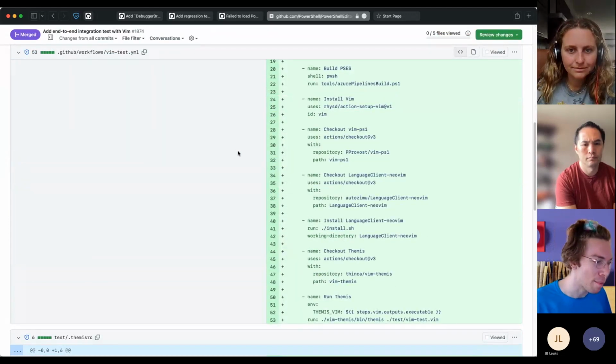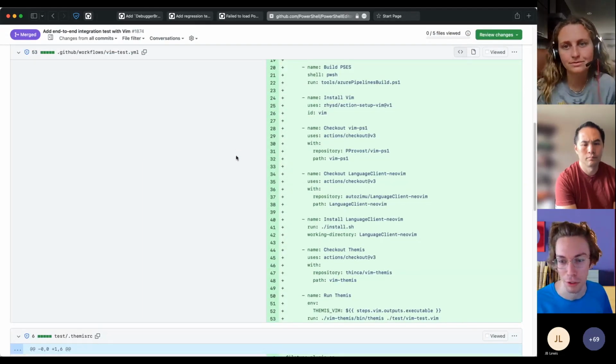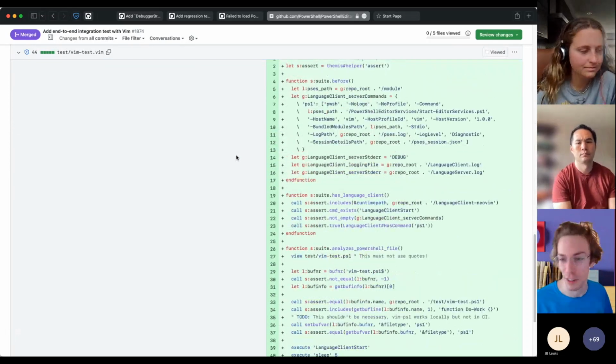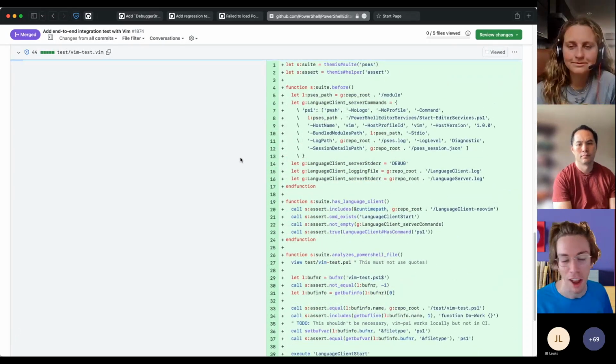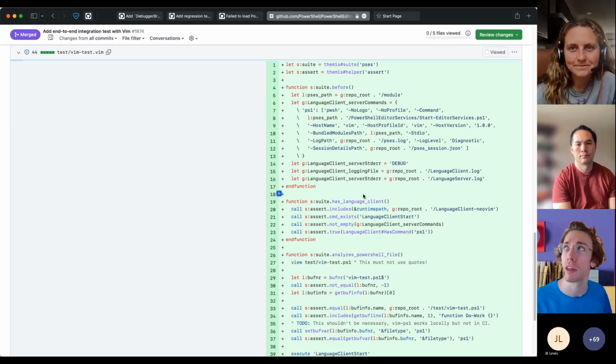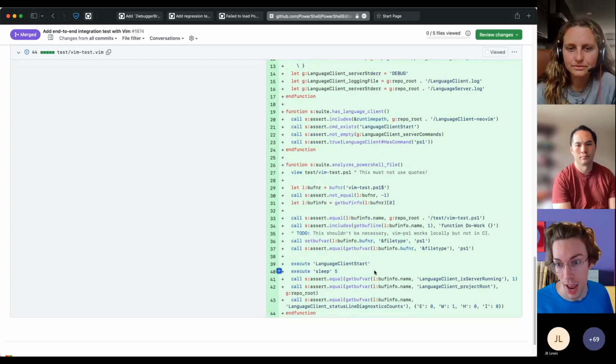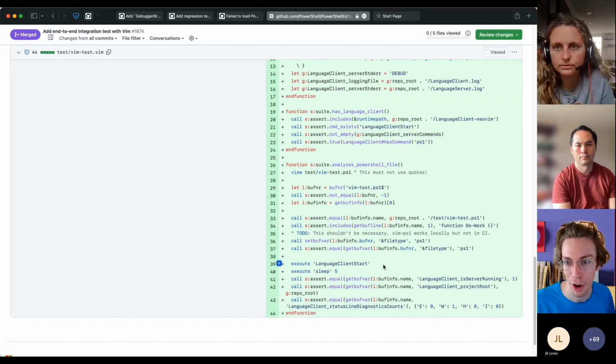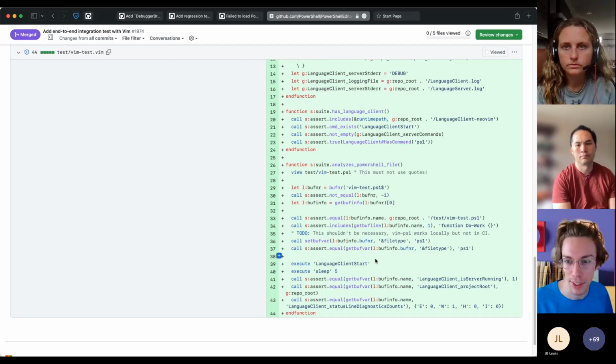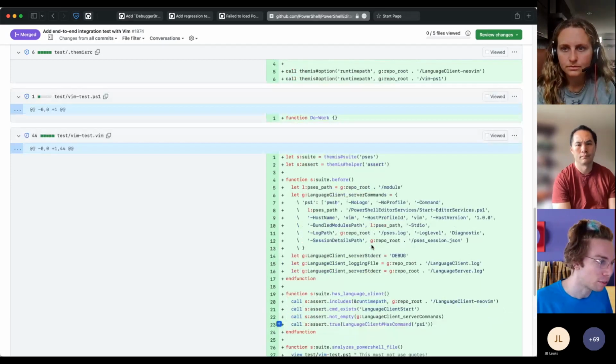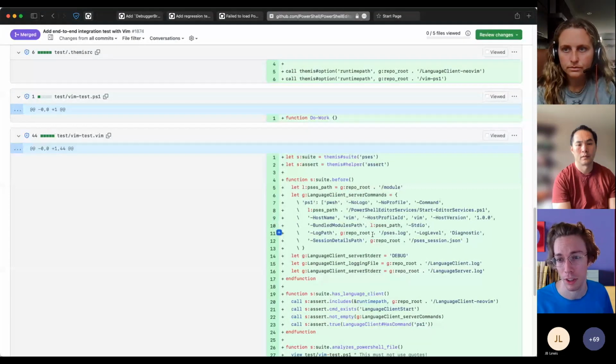I got it kind of set up, and then I decided, you know what, I can turn that into a full regression test. So we indeed have, for every PR, a test that Vim spins up with a Vim LSP client and can connect to editor services. Not only does it connect and run, but it also tests that diagnostics come through. While setting this up is still less than ideal, if you look at this code, there's a lot of arguments you have to supply.